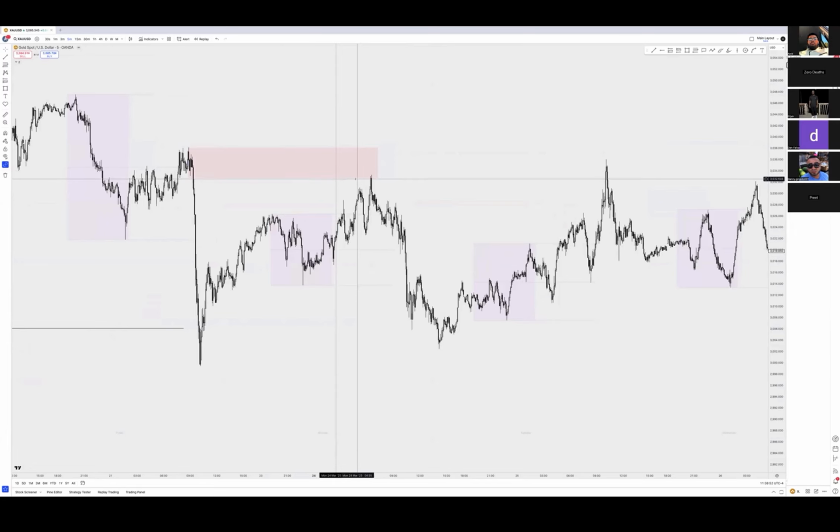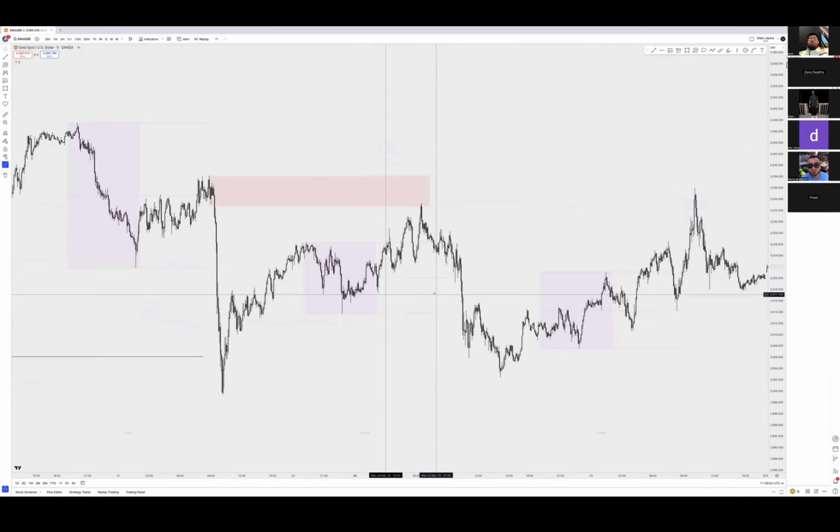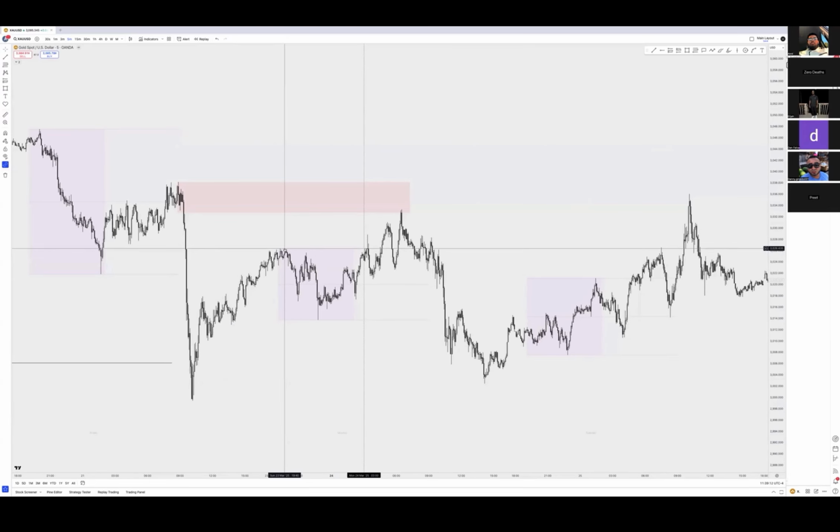London is around 3 p.m. my time, so right here. What ends up happening during London is highs get taken out. So honestly, not the greatest thing to be looking at yet, or I mean, not the greatest PA. High gets taken out and then comes lower. So 3 o'clock opens up, which is London Open, right here, goes higher, takes out the high.